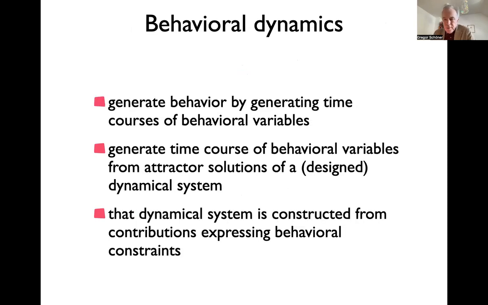So then the next step is that we create our behavior by creating time courses of the behavioral variables. And our particular idea is to use dynamical systems thinking, that is to generate the time course from a dynamical system, but just not any. We'll do it from a dynamical system that has as a special solution an attractor solution, a stable solution, and that will essentially give us stability properties now in planning,